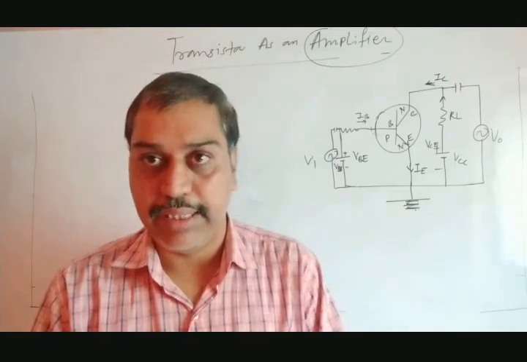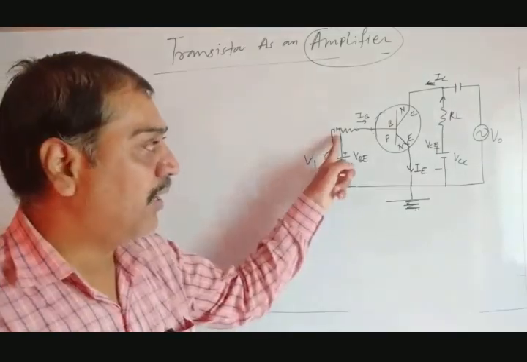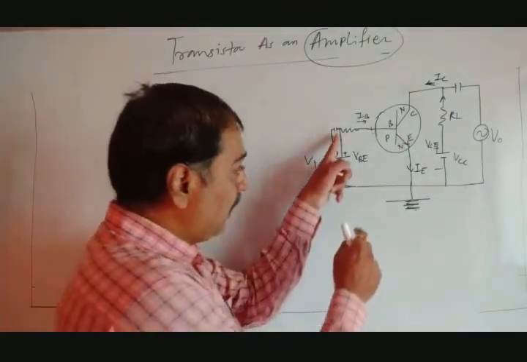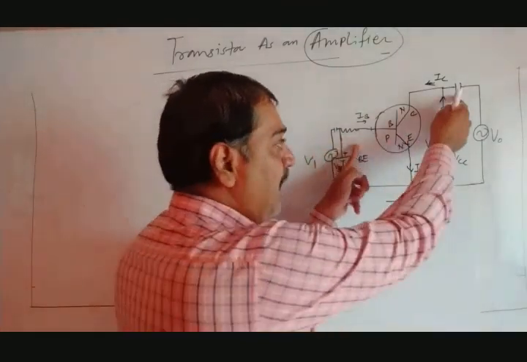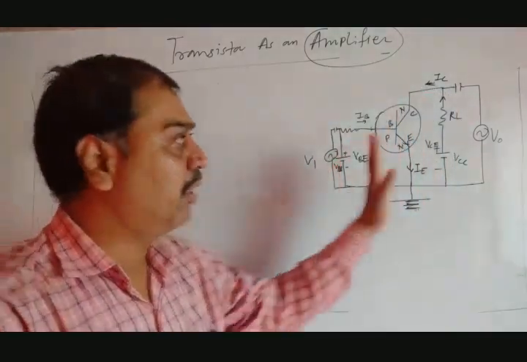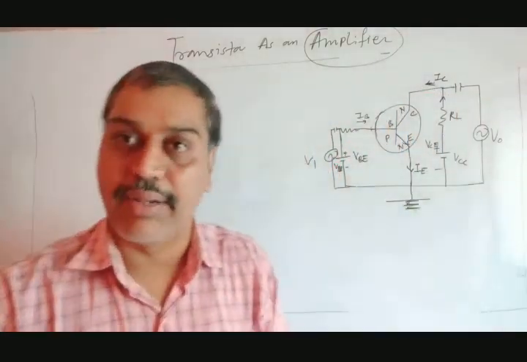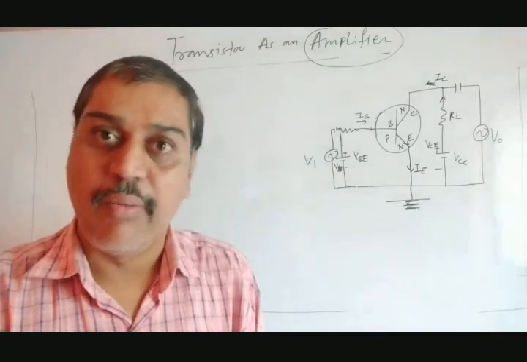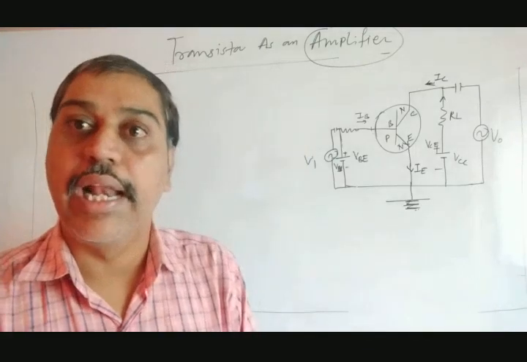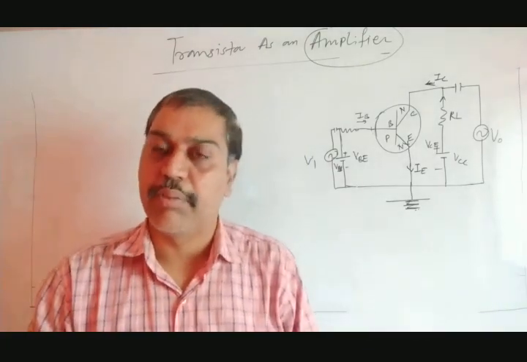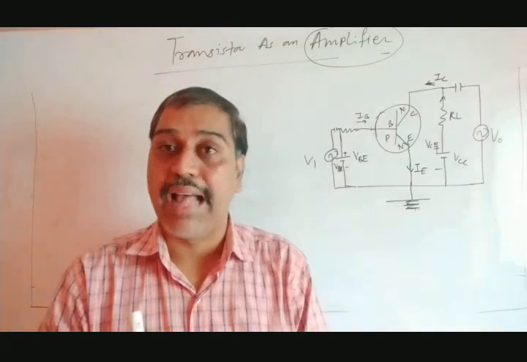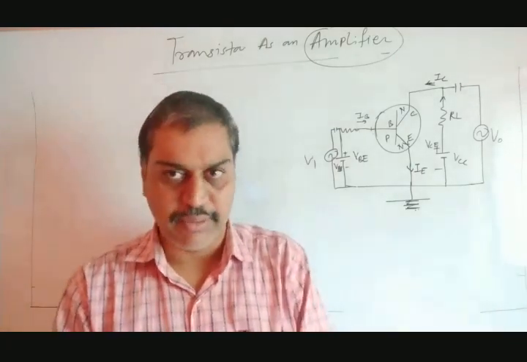Just remember one thing. We have used these two capacitors, one at the input and one at the output, so that whatever DC is inside the circuit remains in the circuit. That DC should not come to the input, and that DC should not go to the output. That's why the capacitor is connected. How it blocks the DC, we'll see later in the electromagnetic induction chapter. In that chapter we'll see how a capacitor blocks the DC and passes the AC. That we'll see in detail there.